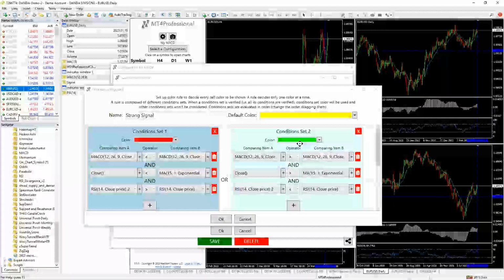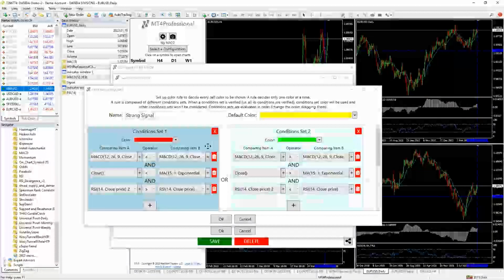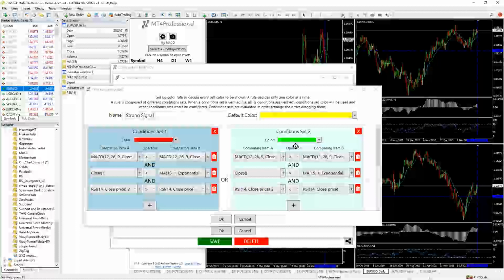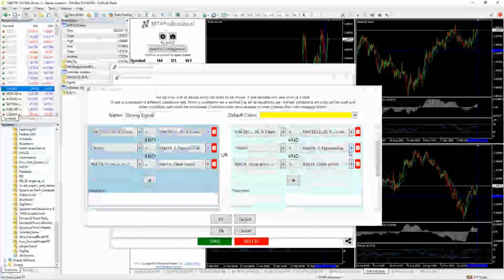So if these are all true, I will have a bullish setup. If neither of these conditions are true, that means that the trade is still in a setup mode and the output color will be yellow. Okay.